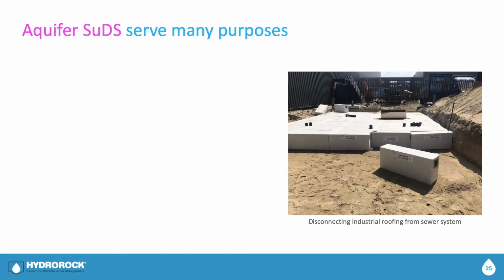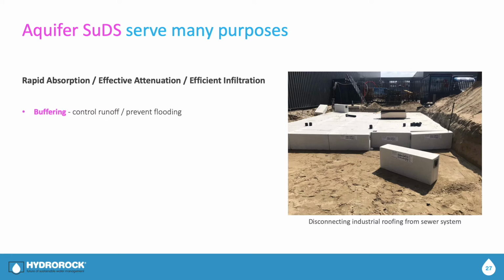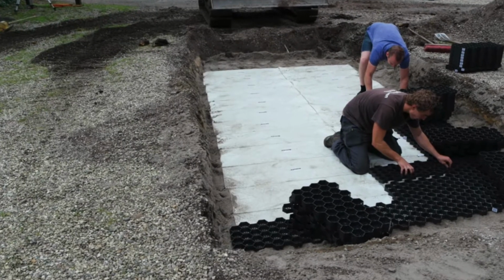Let's move on to the key purposes the aquifer blocks serve. The aquifer block's characteristics of very rapid absorption, extremely effective attenuation and highly efficient infiltration enable for the very first time the proper on-site control and management of rainwater and stormwater runoff. This includes natural aquifer SuDS being used to serve many purposes, such as buffering stormwater to control runoff and help prevent flooding,